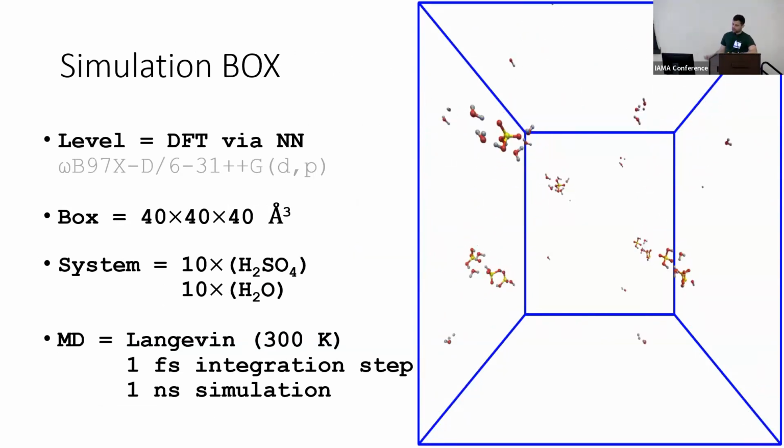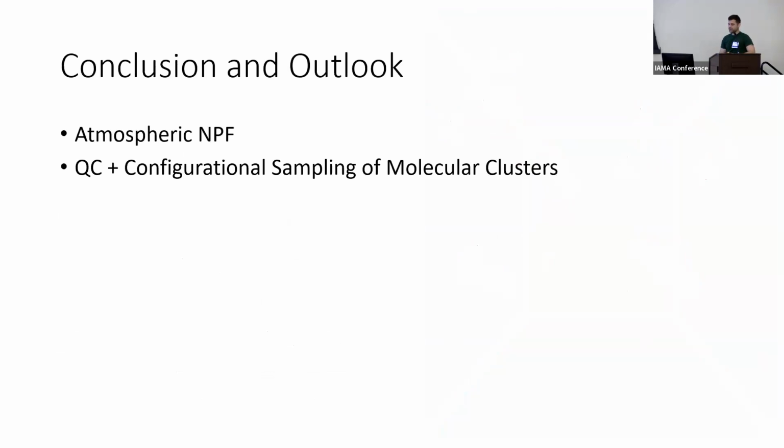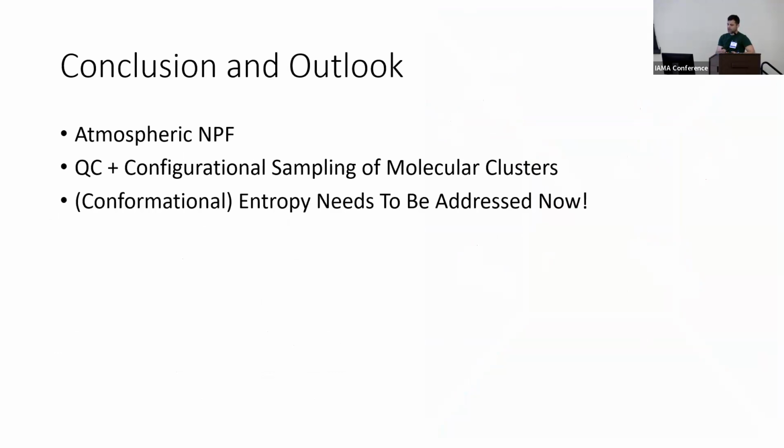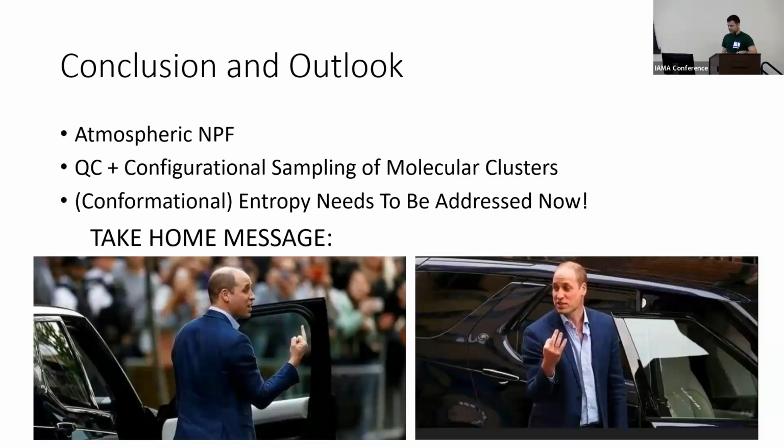Okay, by this, I will just conclude what I talked about. I talked about how we are studying atmospheric new particle formation, that we have some quantum chemistry, and there is the configurational sampling and describing the potential energy surface, which is very necessary, and improving the entropy will be necessary in future. Maybe the whole take-home message from my talk, what you should remember, is whatever kind of system you are studying, you should do proper configurational sampling. Or like see the full system from all the angles.